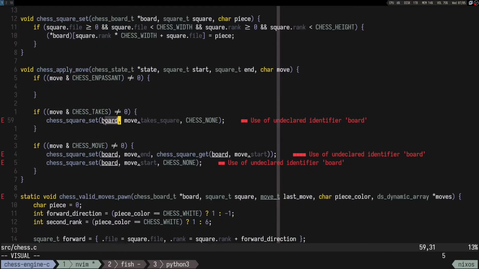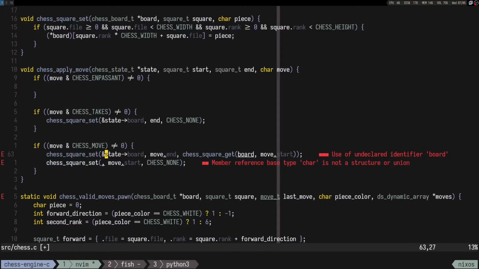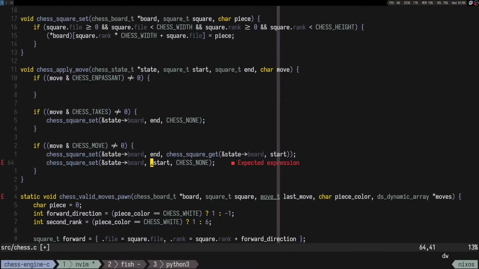So basically here we want to do reference state board. We are gonna set to none the end position, and I think we want here, what did I do? We want chessboard, obviously the start position, like this for a move. That's good. And now for the en passant one,